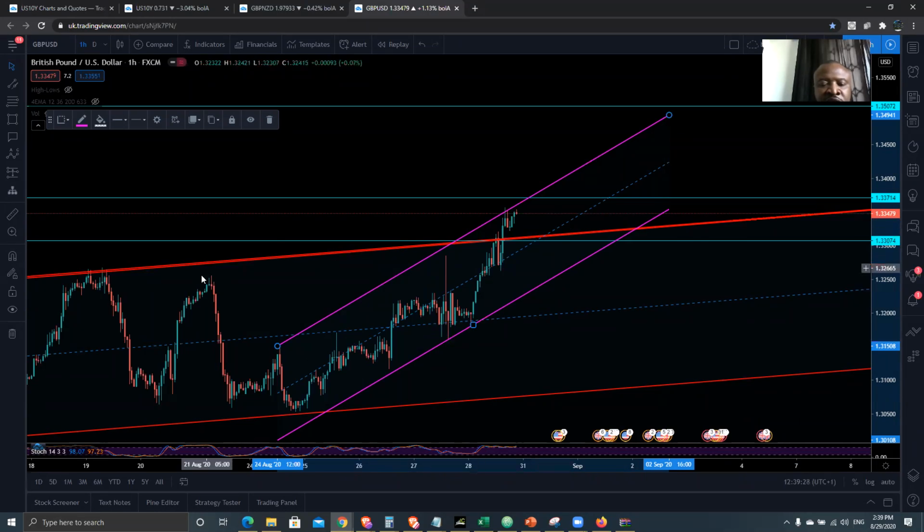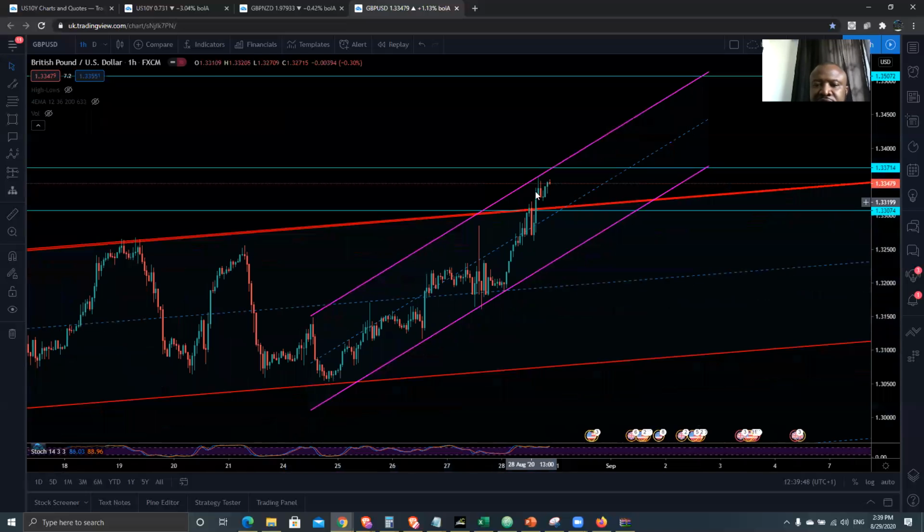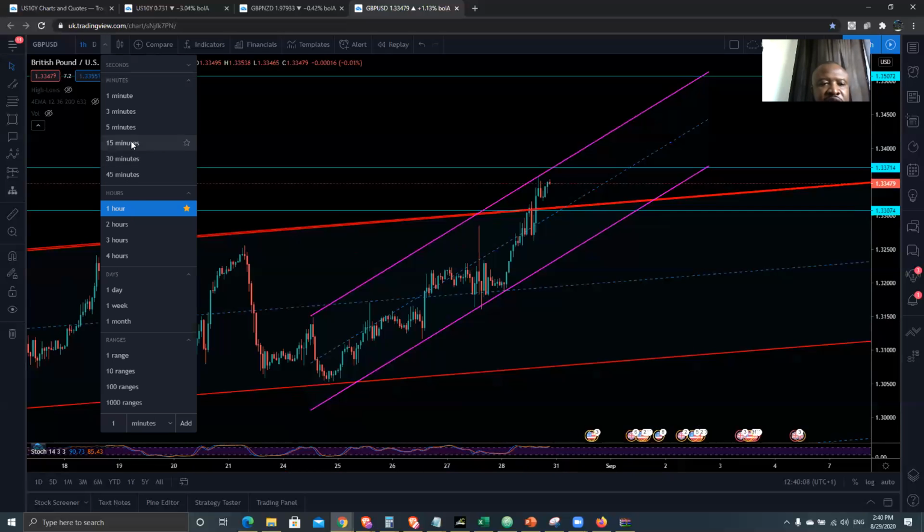So we've ascended out of the 4-hour structure, out of the daily structure. All this area of mass psychology, where everybody is expecting to have a resistance over there and sell. You can see the sell-off coming. What they do is they push the price back up higher. So the move that we see now, according to this structure, is if we start to break down this little doji, you might see price coming back down into this level before we take off and hit the 70-70. That's a possibility. Let's look at a 15-minute chart.